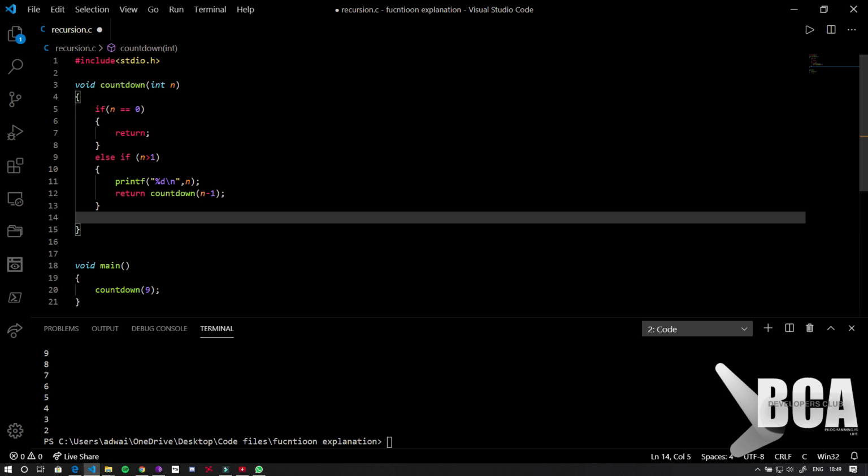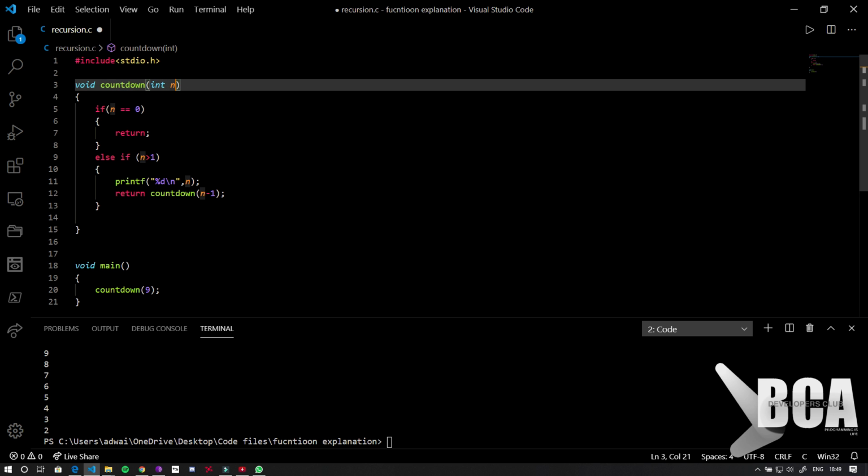Having a look at this simple program, what I have here is a function named countdown with the parameter n, and inside it there is an if structure, an if else ladder, only one step. If n equals 0, I want the control from this function to return to the main, and if n is not equal to 0 but greater than 1, then I want to print what n is and return countdown n minus 1,